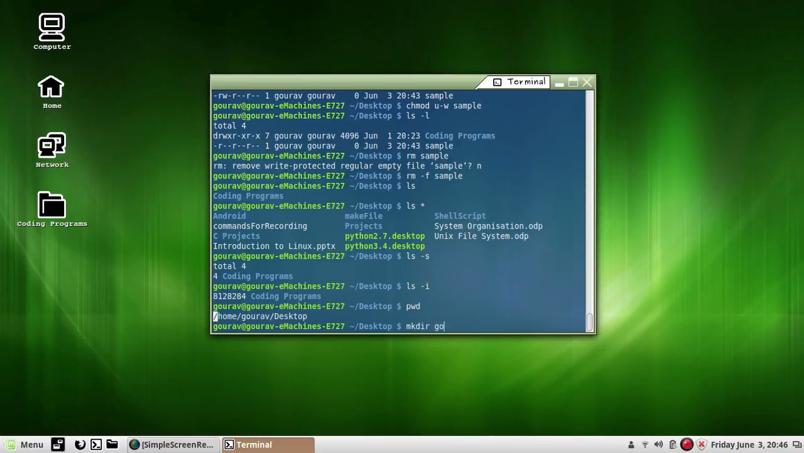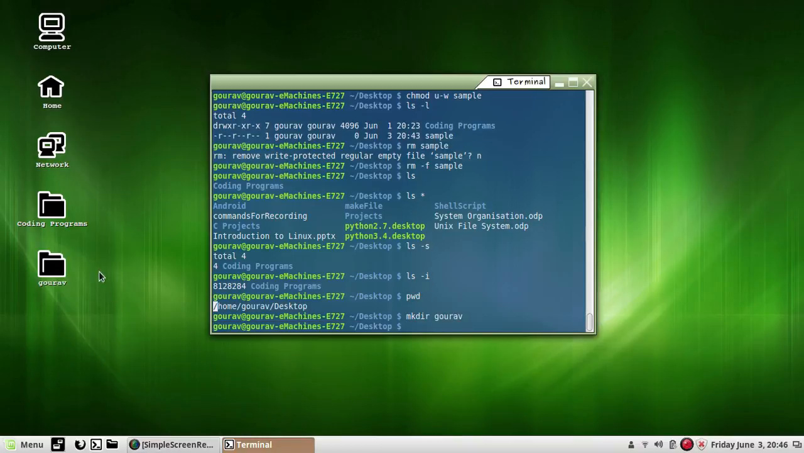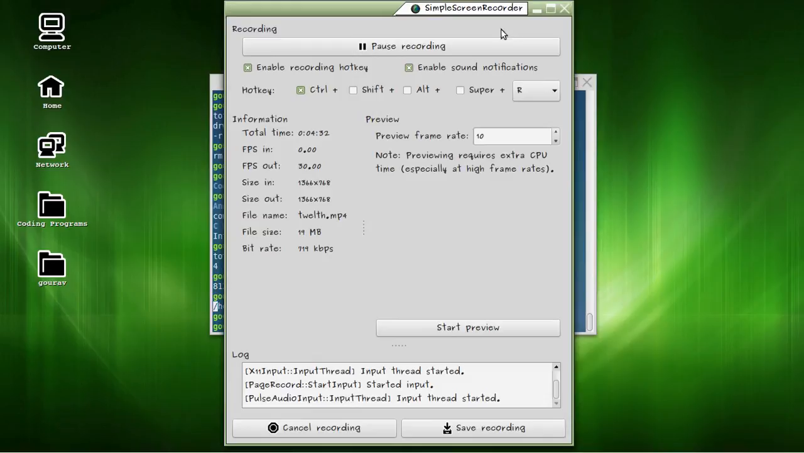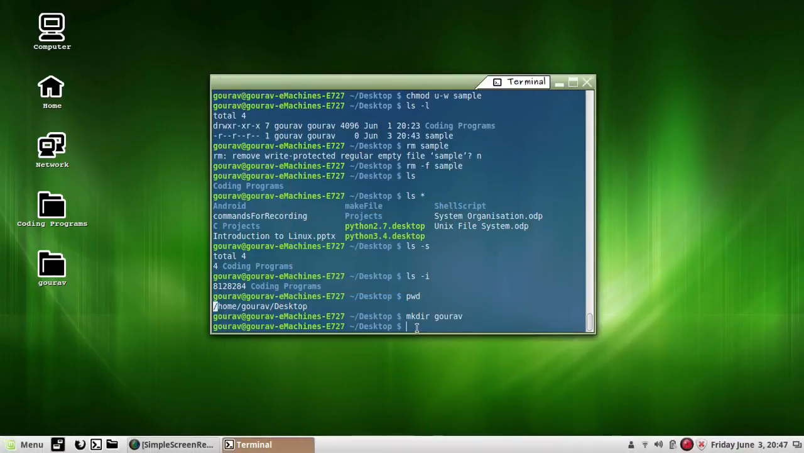I would create a directory called Gourav, and as you can see the directory has been created using the mkdir command. Among the options available with mkdir is -p, which allows you to create multiple generations of directories in one go. That is, I need to create mkdir -p with something like this: